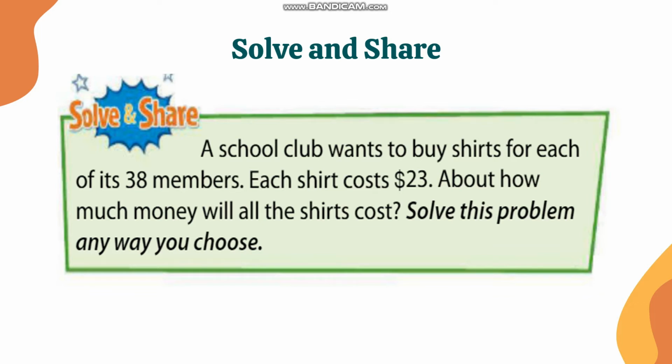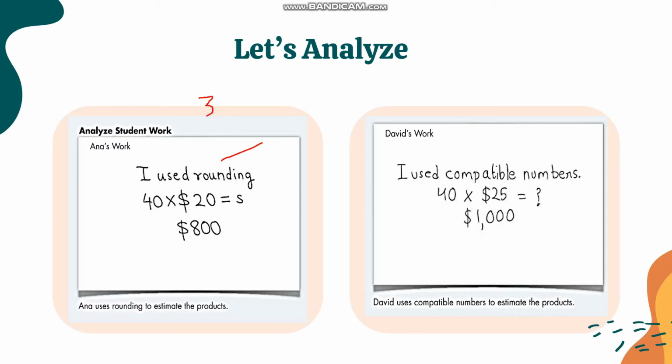Let's analyze this problem. A school club wants to buy shirts for each of its 38 members. Each shirt costs $23. About how much money will all the shirts cost? Solve this problem any way you choose. The original given here is 38 multiplied by 23. If I'm going to use rounding as my method, just like Anna, in estimating,